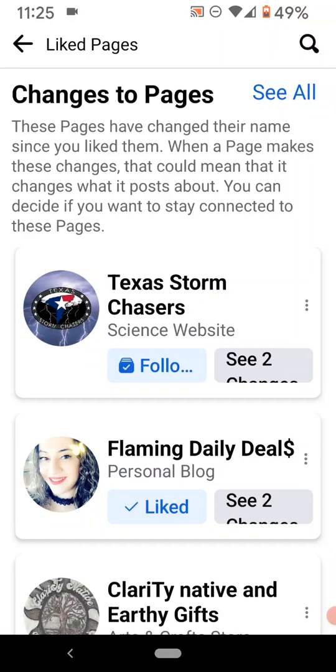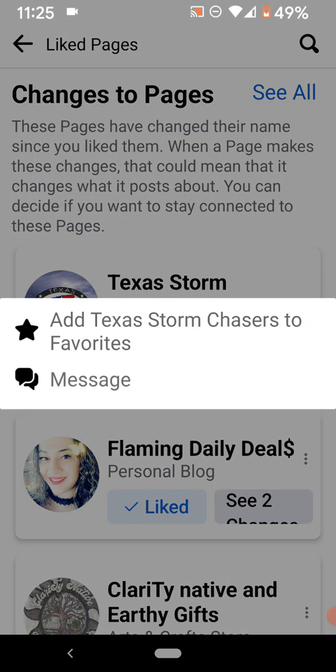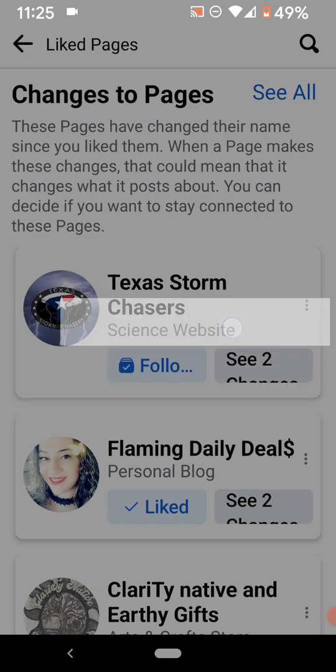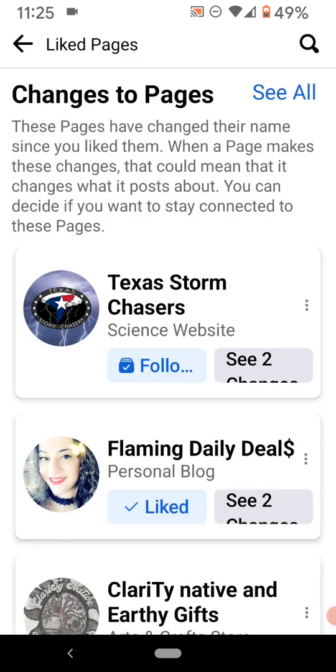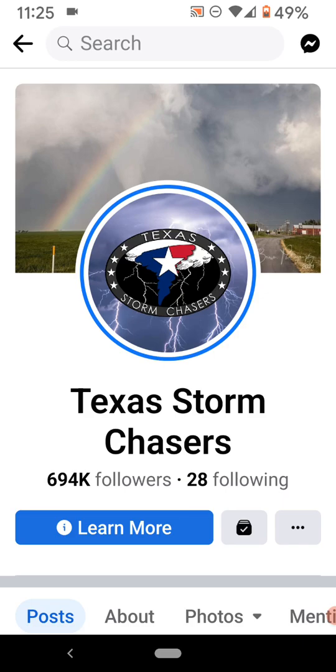So it gives me the option to click follow or unfollow. So make sure if you're following it, that that is blue so you know that you're following it. Also, you can click the 3 dots there. You can add it to your favorites so it's on top. You can also click on it and manually go into that group